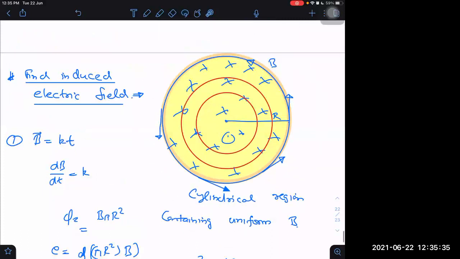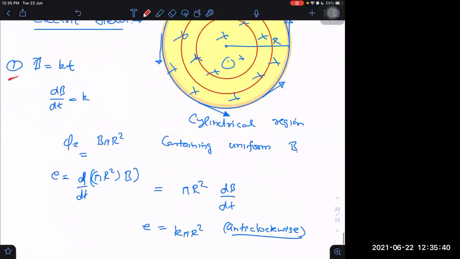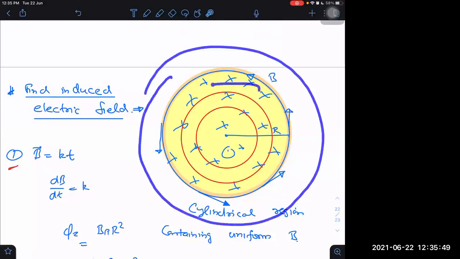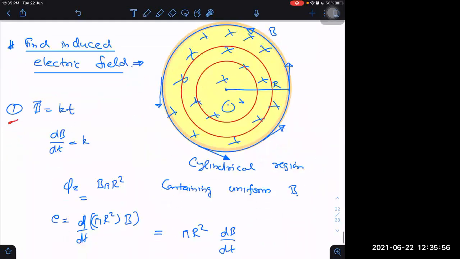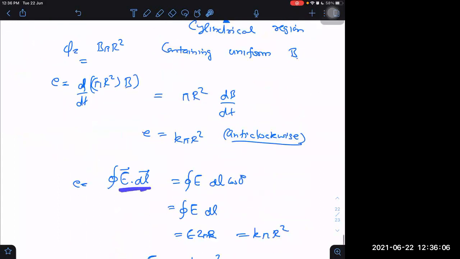Why? Because EMF, okay, this discussion we will continue tomorrow. Why will circles be there outside also? The reason is, even if I take a bigger circle than this, some flux will still be there in that. Even in this circle there is a rate of change of flux. If there is a rate of change of flux, then there will be EMF. But the difference will be that the flux will always remain B into pi r square, while the radius of the electric field loop changes, so this will become 2 pi into small r.